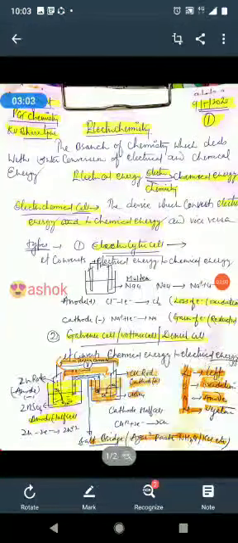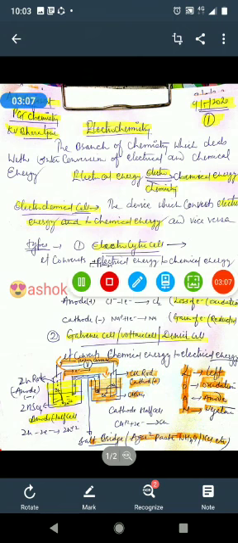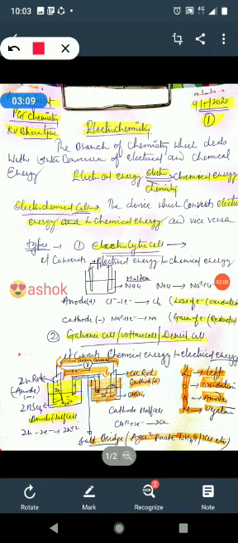First, the anode half cell, second is the cathode half cell. A zinc rod is dipped in zinc sulfate solution, that is the anode half cell, and a copper rod dipped in copper sulfate solution is the cathode half cell. Now both the containers are connected by a salt bridge, which contains agar-agar paste of ammonium chloride and